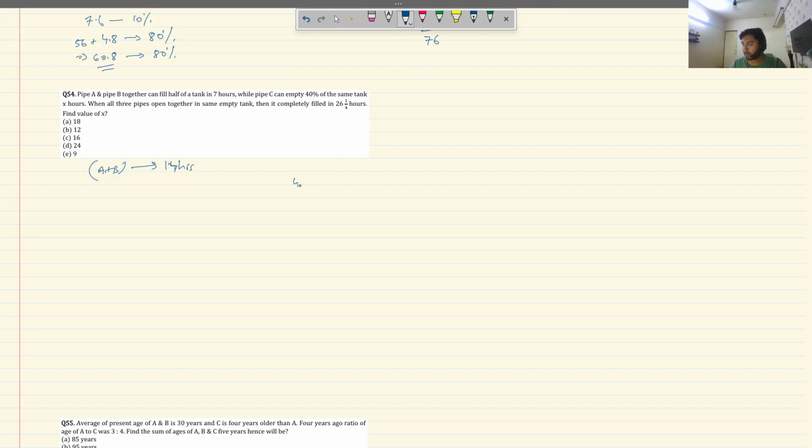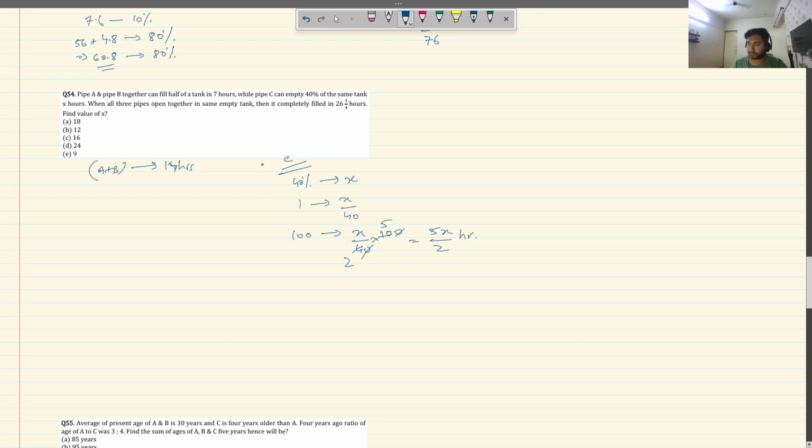तो 40% खाली में उसको एक्स घंटे लग रहे हैं, तो 1% खाली करने में उसको x बाई 40 आवर्स लगेंगे, और पूरा 100% खाली करने में, ये मैं सी का बात कर रहा हूँ, 100% खाली करने के लिए x बाई 40 इंटू 100 आवर्स लगेंगे, सिंपल यूनिटरी मेथड, 5x बाई 2 आवर्स।